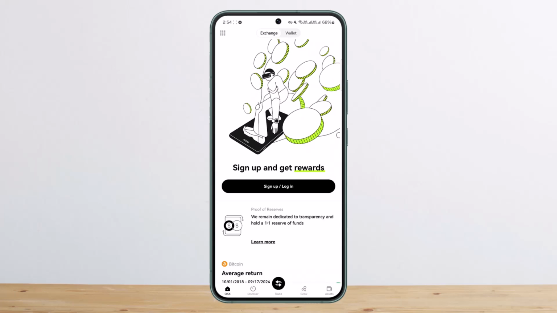Now, you can set up grid trading for daily profits. For daily profits, I'll recommend starting with grid trading. You can select your coin and set a price range that fits its volatility. Then choose the number of grids. This will determine how often the bot buys and sells. Then set your investment amount and let the bot handle the trades. The bot will automatically buy when the price drops and sell when it rises, earning you small profits multiple times